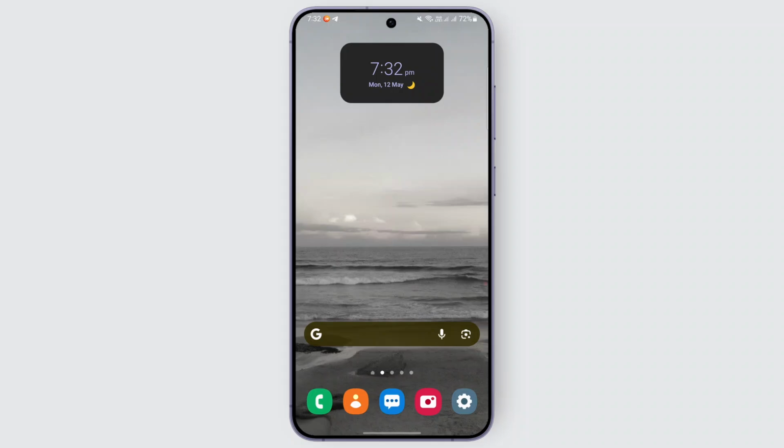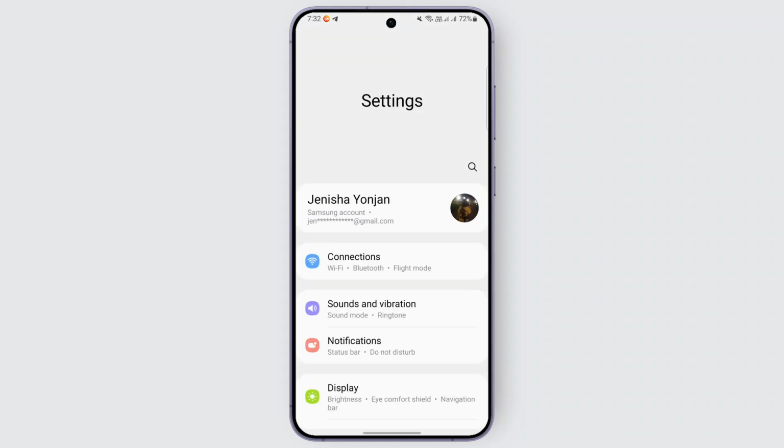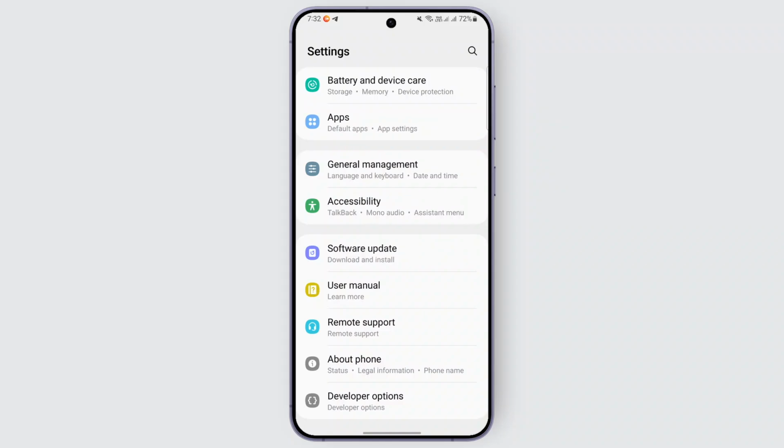So for that, what you can do is access your device's settings, and then once you open up your settings, you may go ahead and scroll down and look for developer options. If this option is not turned on, you can head over to about phone and turn it on. Once it is turned on, you can head over to developer options,